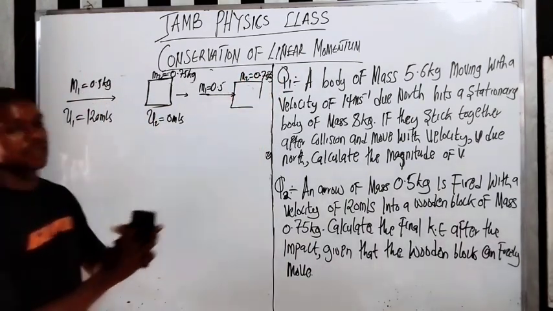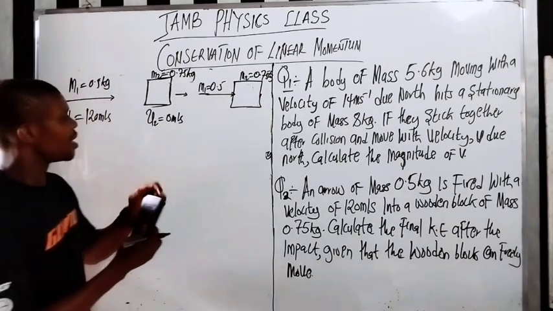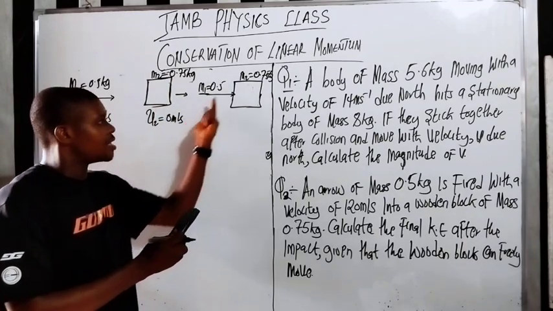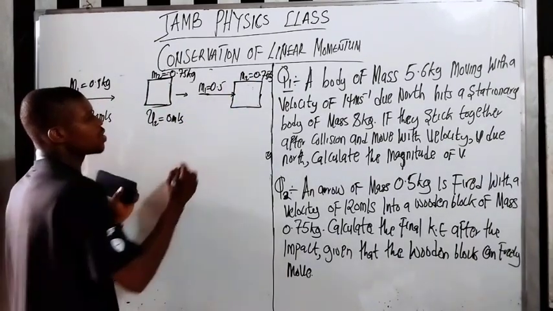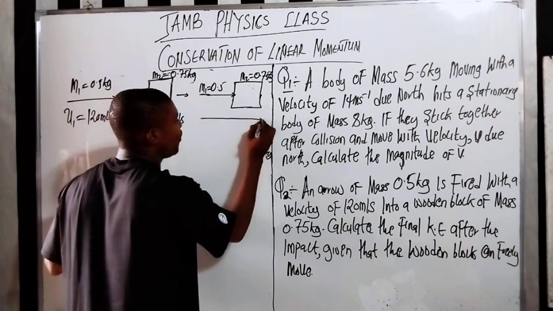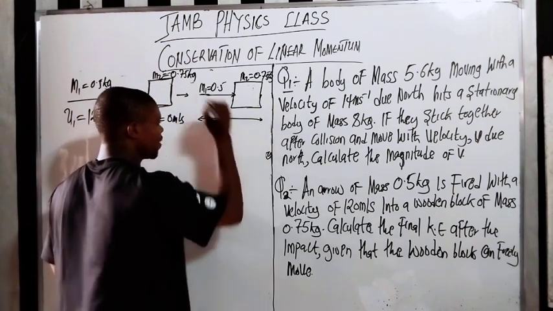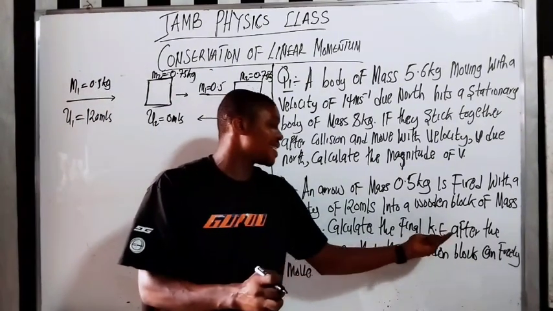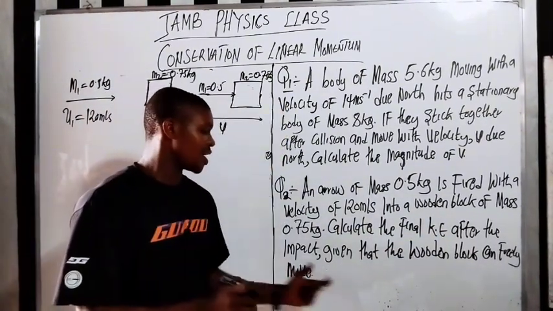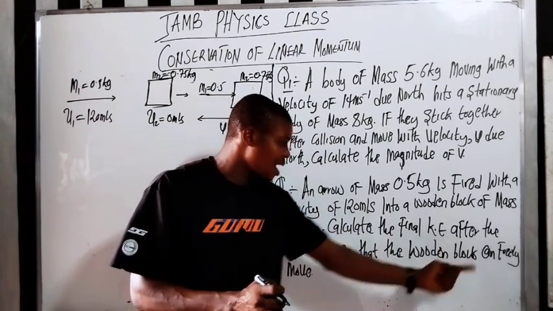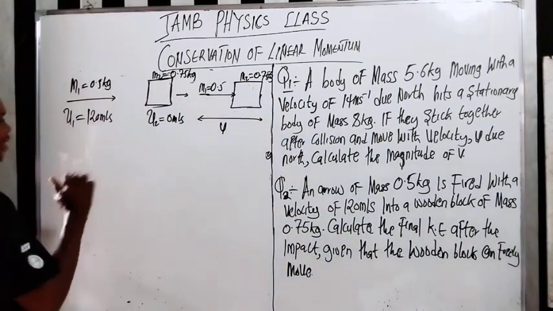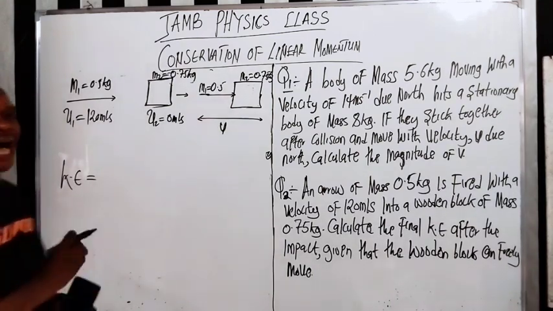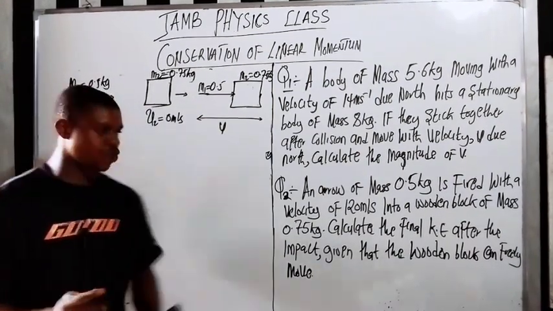It's very important here. Please try to get what I'm doing. The mass of the arrow still remains, the mass of the block still remains, right? Now they're going to have a common velocity, which is V. Now let's look at what they say we should calculate. They say calculate the final kinetic energy after the impact, given that the wooden block can freely move. It means that my kinetic energy after the impact or after the collision is going to be